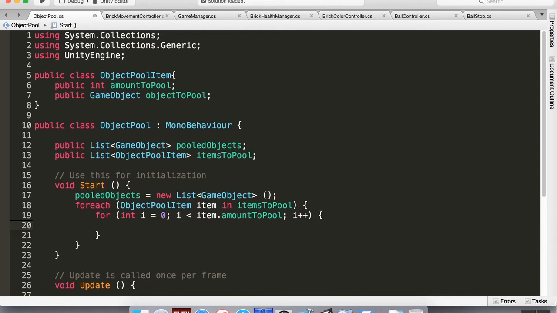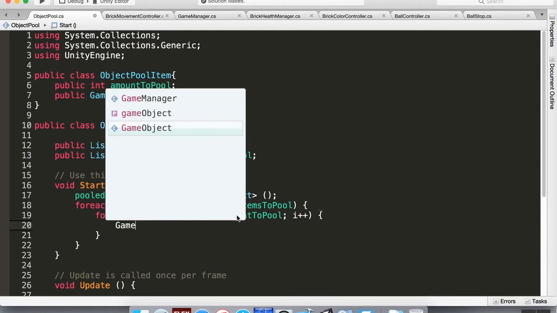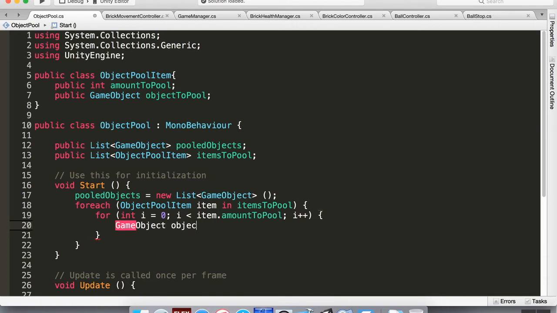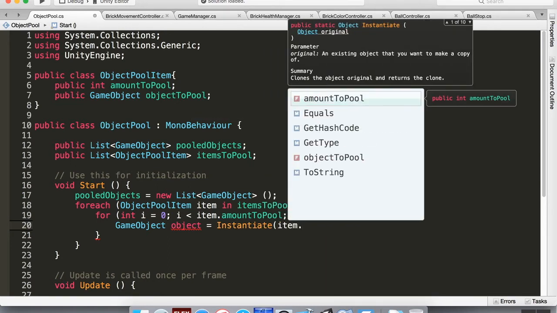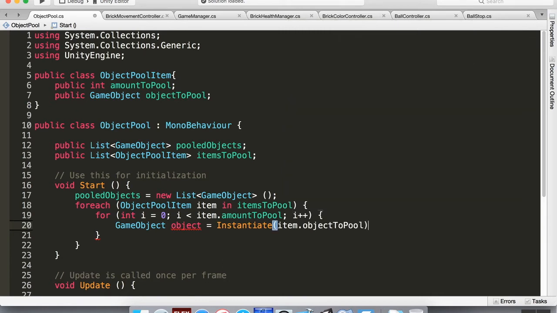So what we're going to do is create a new game object. We'll call it object. And this is going to be equal to, we have to do something called casting here. So we're going to instantiate something, and then we're going to cast it as a game object. So let me actually show you what happens if we don't do this casting. We're going to instantiate, and it's already to instantiate here because once we instantiate these objects, we're going to either turn them on or off for the rest of the game. Instantiate item dot object to pool,